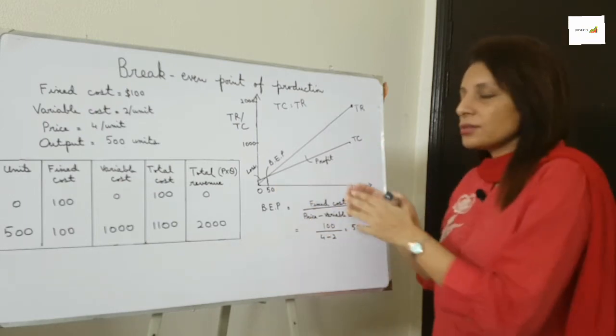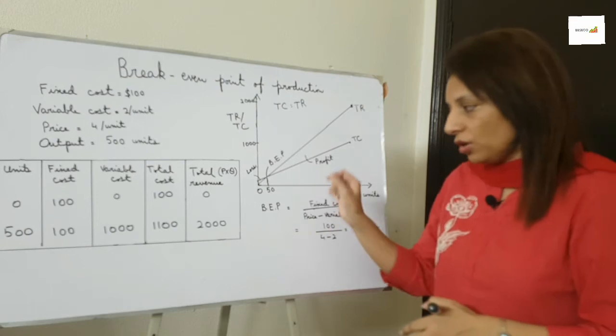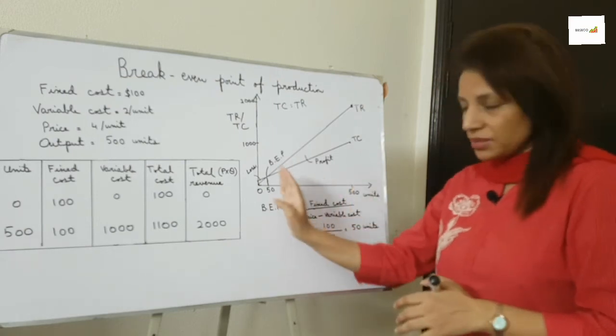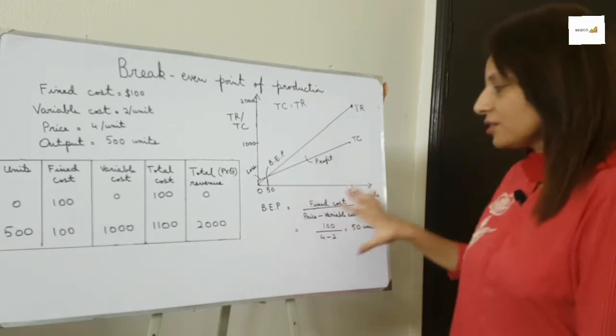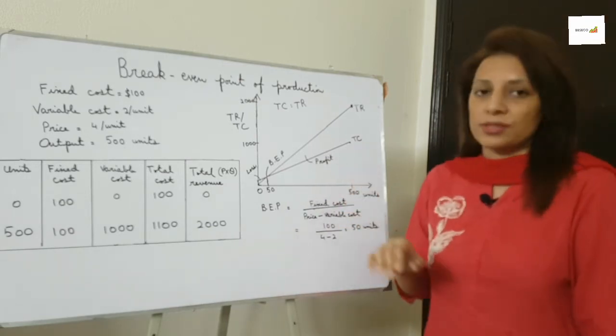So if you make this on graph paper and there is any mistake, you can always erase and put this at the specifically exact level so that you get marks for this. This is how you use this break-even analysis for your businesses.